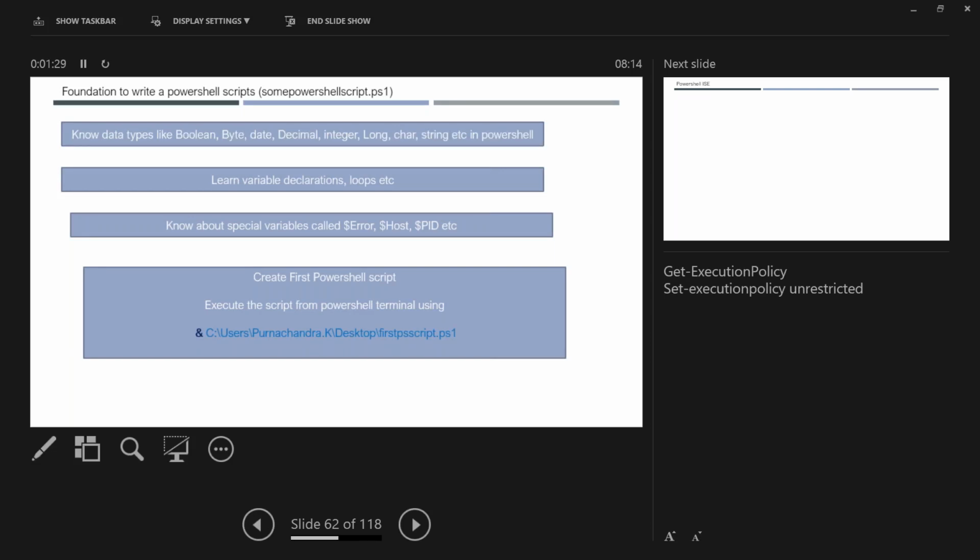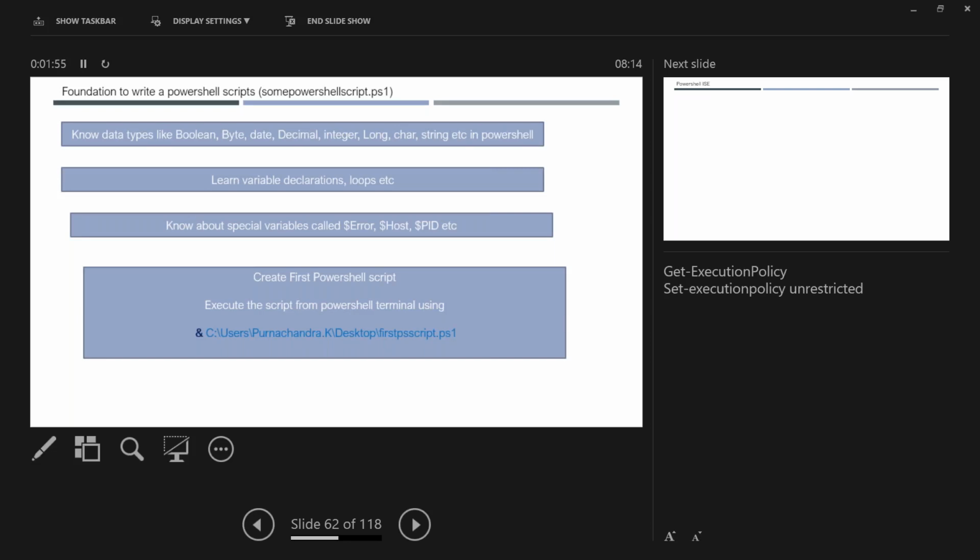But these are the foundation. This is like grammar for your language, right? Without knowing grammar, you cannot write anything in any normal language as well. So that's the reason I included declaring variables, writing loops, conditions, and some built-in variables, etc. That gives you the ability to go ahead and write your own script.